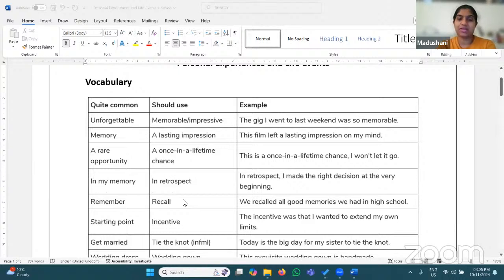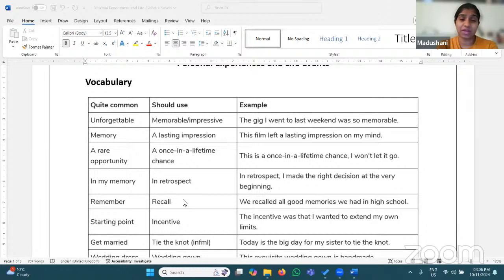Incentive. The incentive was that I wanted to extend my own limits. And then the next word is get married. Tie the knot. Tie the knot. Today is a big day for my sister to tie the knot. And if you're sharing an experience, then you can say,